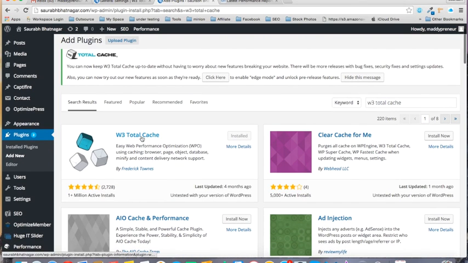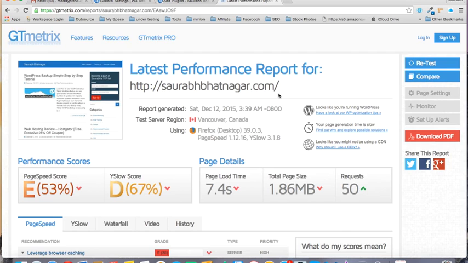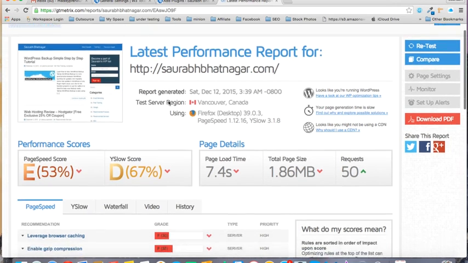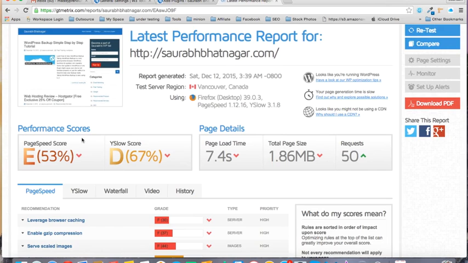This is W3 Total Cache. So first of all, you can install this plugin, and I will show you one more thing. This website is under construction, saurabhbhatnagar.com, and there is a website called gtmetrix.com. It gives you a complete performance report of your website, and you can see the performance report of my website.